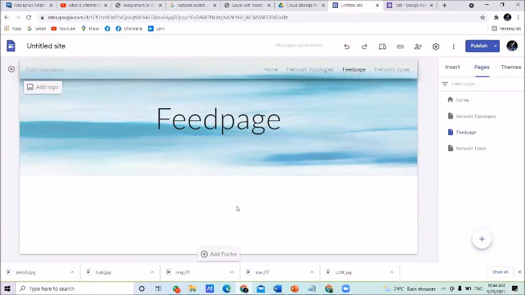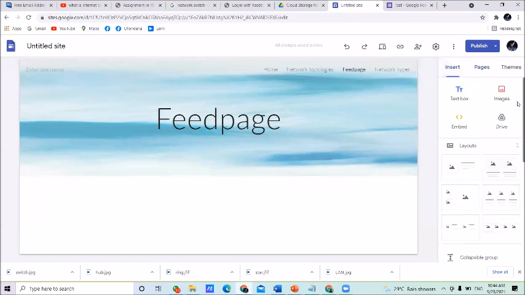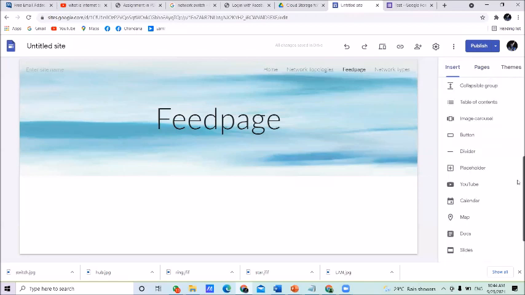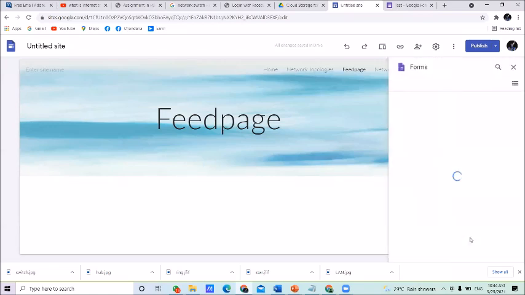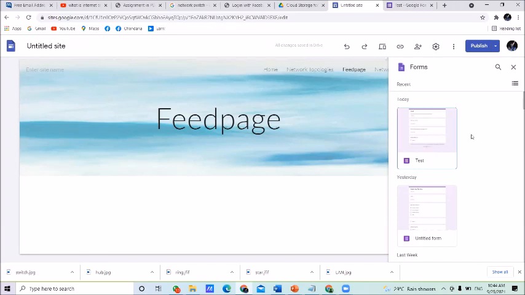Now if you want to add that particular Google form to this page, click insert, scroll down. Here you have an option called forms. Click on forms here. Under forms, you can see all the Google forms you created using Google Forms.